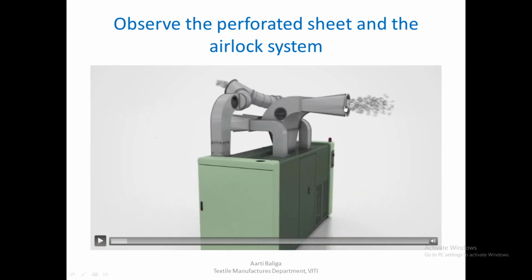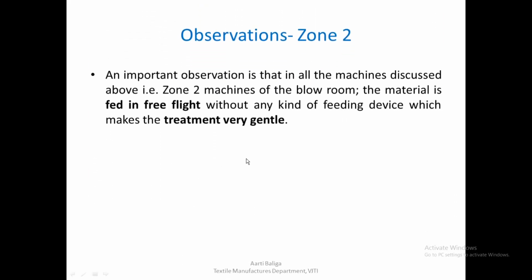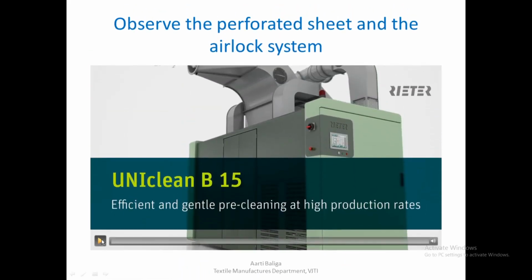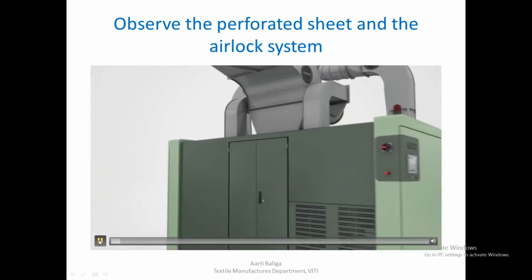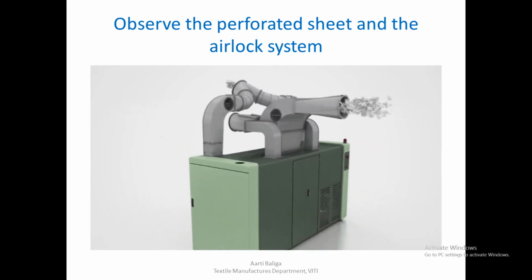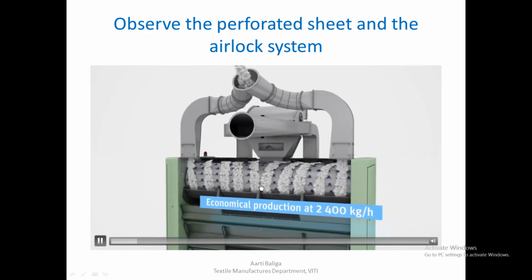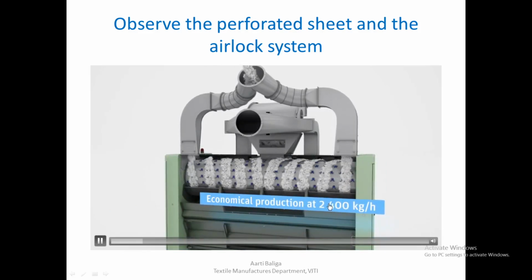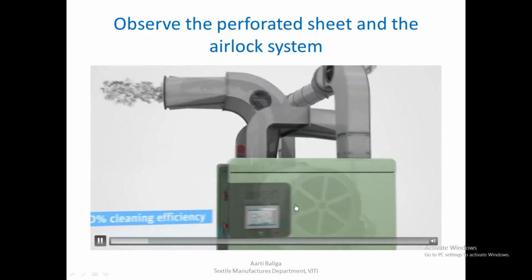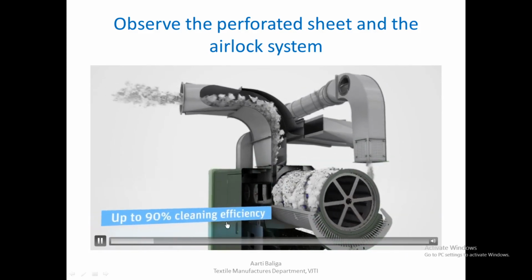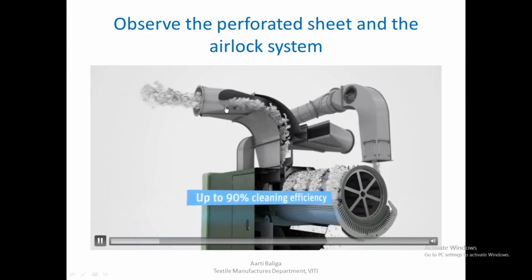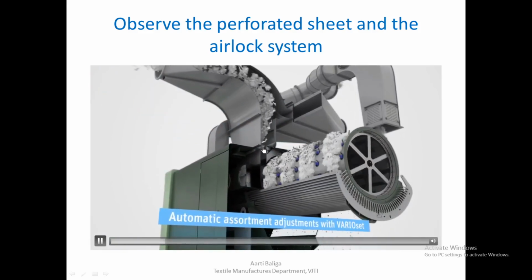So we can see material is entering the machine from the previous bale opening zone. It will enter, it will spiral around the beater. Production is 2400 kgs per hour, up to 90% cleaning efficiency. As the material is passing over this,